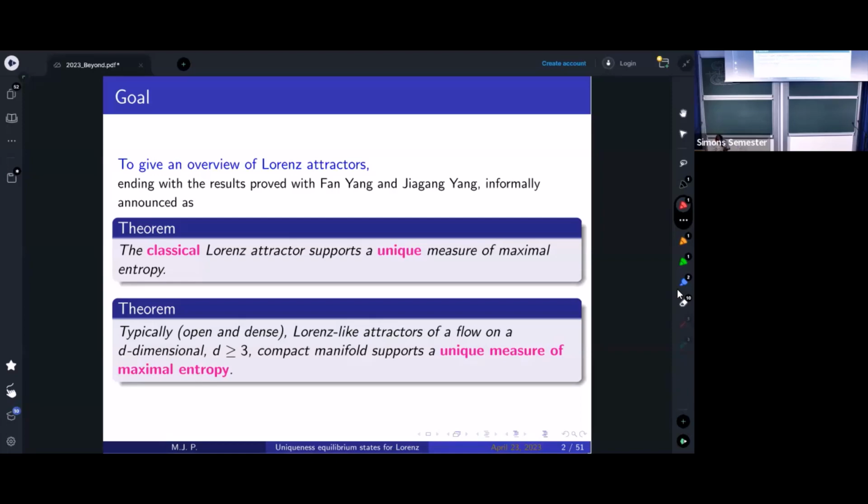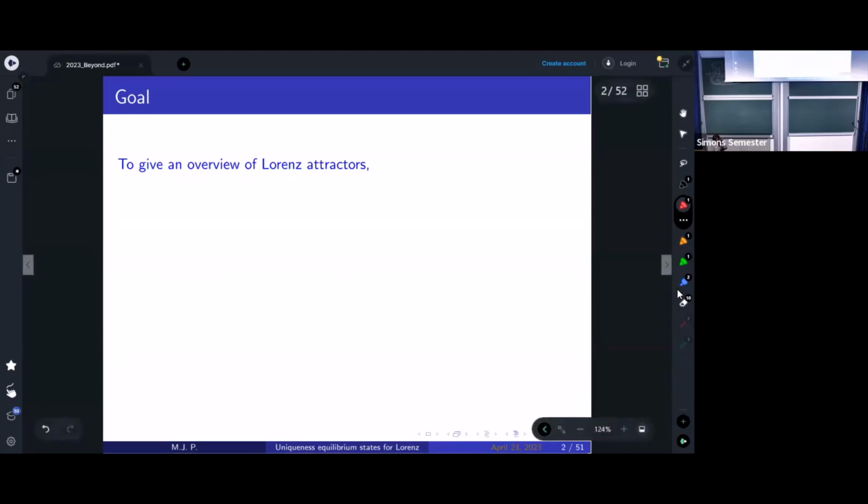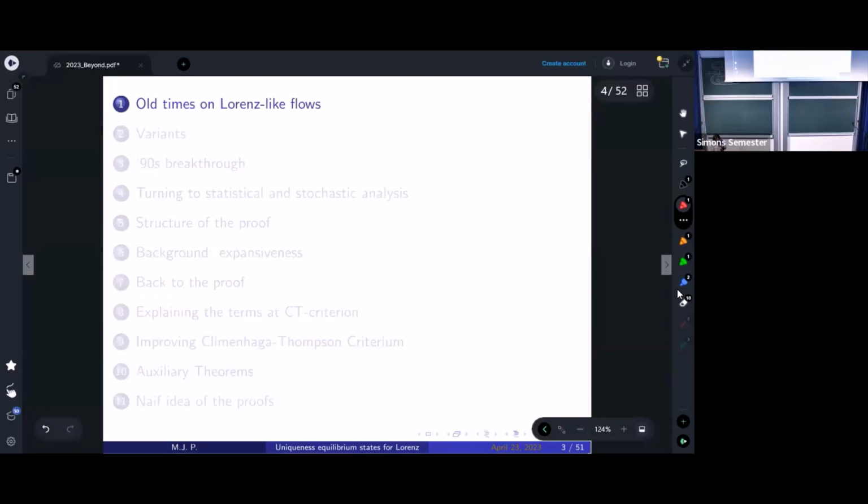Okay, and then to start, let me, no, I'm confused. Okay, old times. Of course, these are the old times from my point of view. I will not cover everything, just what I mean, and it's interesting to end with my results with Fan and